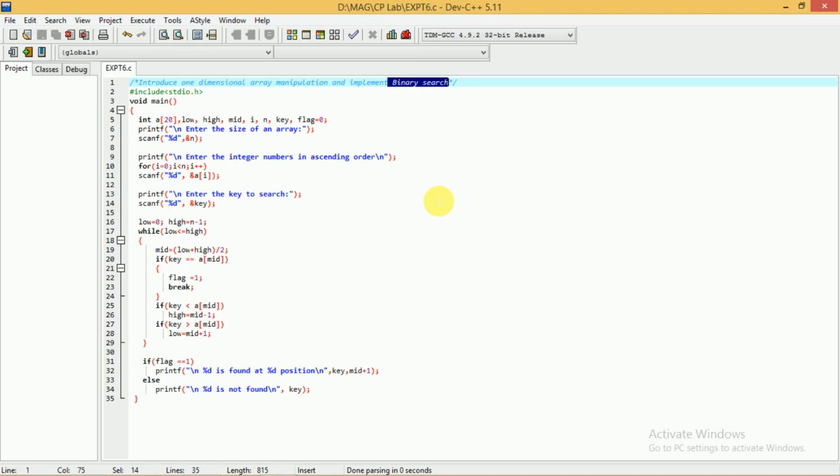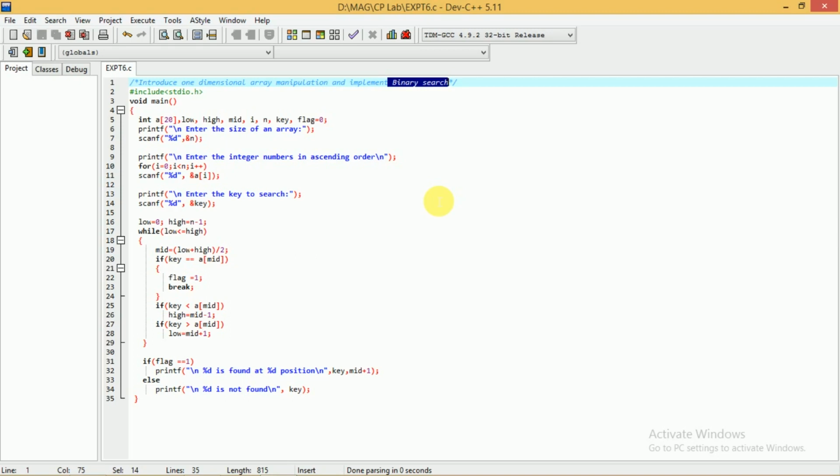If the key is less than the middle element, then obviously the key should be present in the first half, because all the elements in the first half are less than the middle element. Instead of searching from the first element till the last element as we do in linear search, in binary search 50% of the work is reduced.